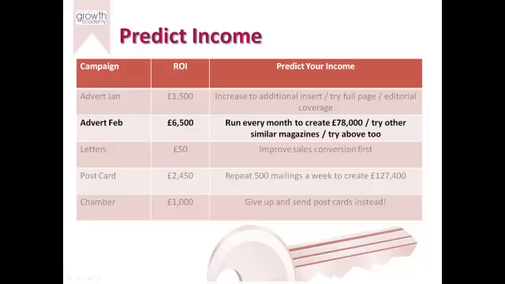Now what do we do next? Well, even if we were to just keep this the same, again I would keep testing, measuring and adapting, but even if we keep it the same, if we run it every month for 12 months, we'd actually make £78,000. We could also, again, try other similar magazines. We've advertised in Rugby Weekly and it's really worked, so find Rugby Monthly or Rugby World or whatever other magazines are similar out there. So that's how we go from a very boring spreadsheet to something that's actually useful to our business.